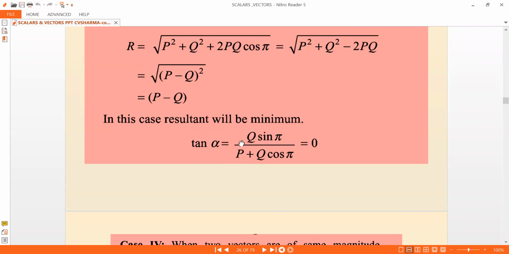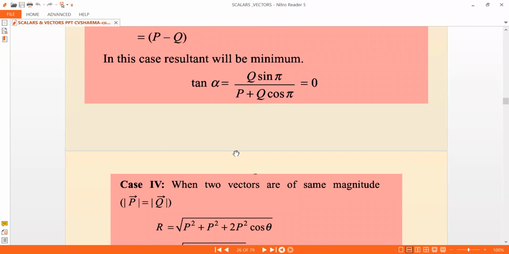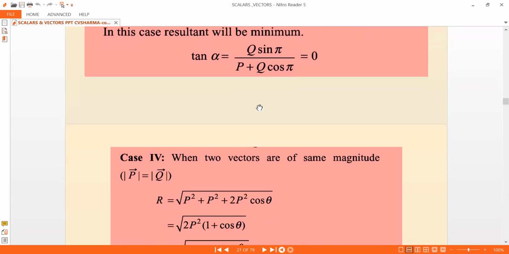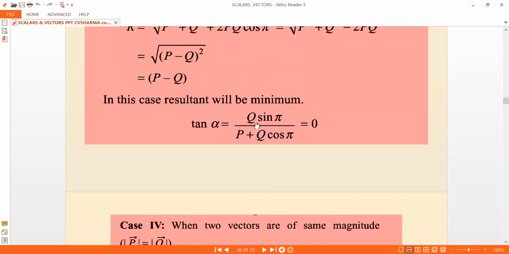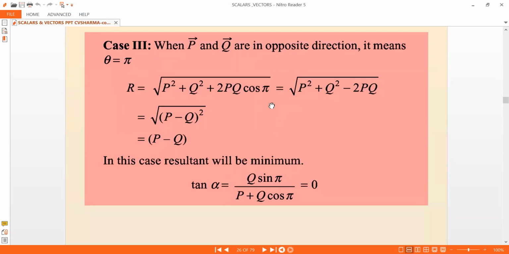Direction of the resultant: tan alpha happens to be Q sin pi divided by P plus Q cos pi. That is again 0. Right. So what does it mean? It means that the resultant will be towards the vector which has the maximum magnitude. So it's something like that. I'll write that statement. Resultant, it means that in this situation the resultant